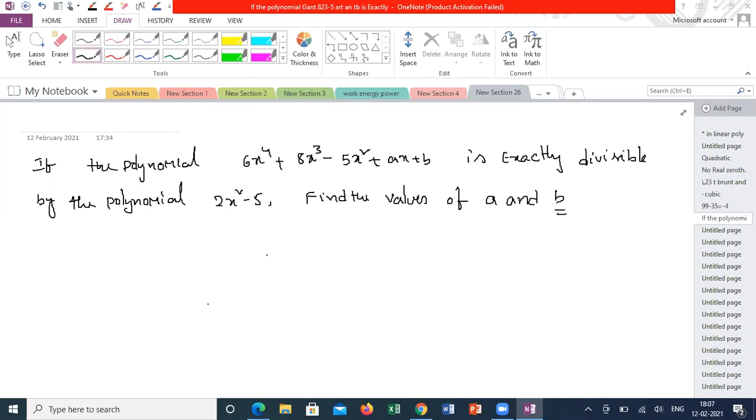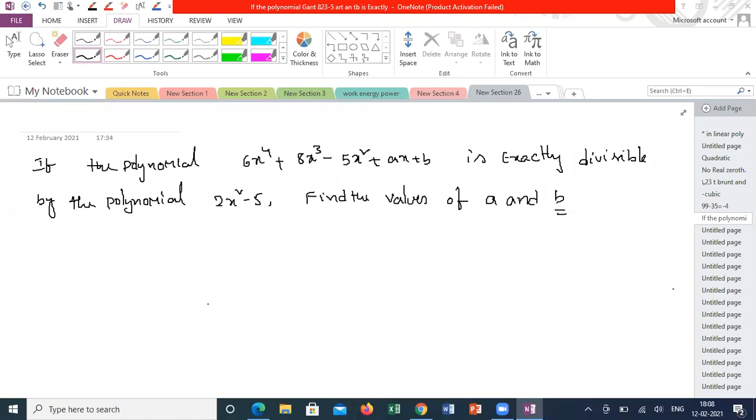Sir, a is equal to minus 20, okay, and b is equal to 25, sir. b also minus 25. No, sir, only 25. Because I got b minus 25. Any others got the answers? Sir, I got b minus 25. Yes sir, even me, minus 25. Check. What is the equation you got with respect to b? Ovia, where did you make the mistake? Sir, I got b minus 25, sir.